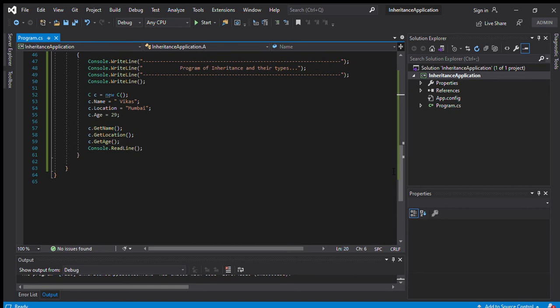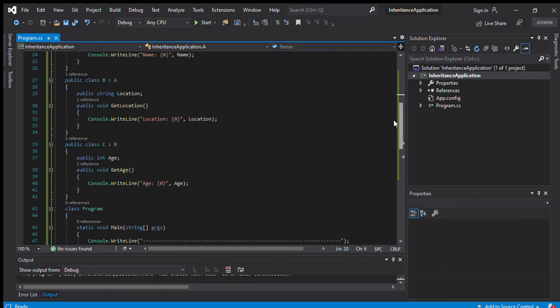So how do we achieve multiple inheritance? We cannot access multiple inheritance directly. What is multiple inheritance?